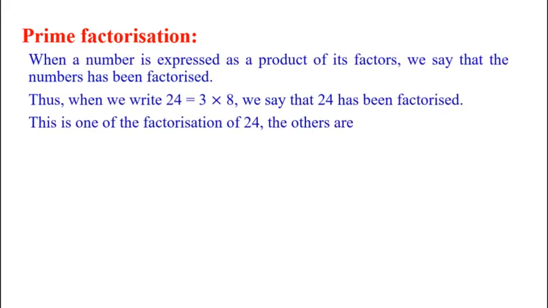Next come to prime factorization. When a number is expressed as a product of its factors, we say that the number has been factorized. Thus, when we write 24 is equal to 3 into 8, we say that 24 has been factorized. This is one of the factorizations of 24, and the others are,